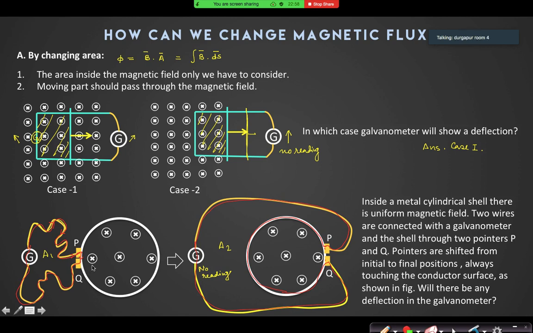And if someone says that no, I will take this one, I will assume my loop to start from here and not directly come from P to Q. I will assume my loop like this. This is also one loop. Again, if you are doing this, in order to complete that loop, now you are saying that my loop is like this.